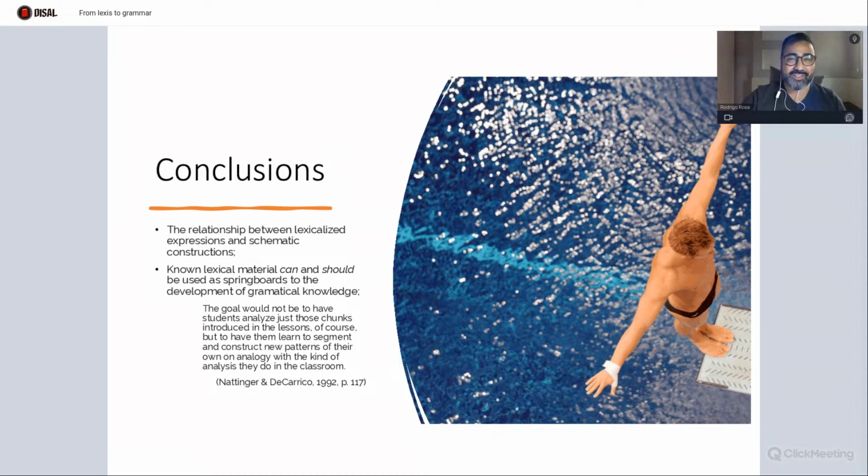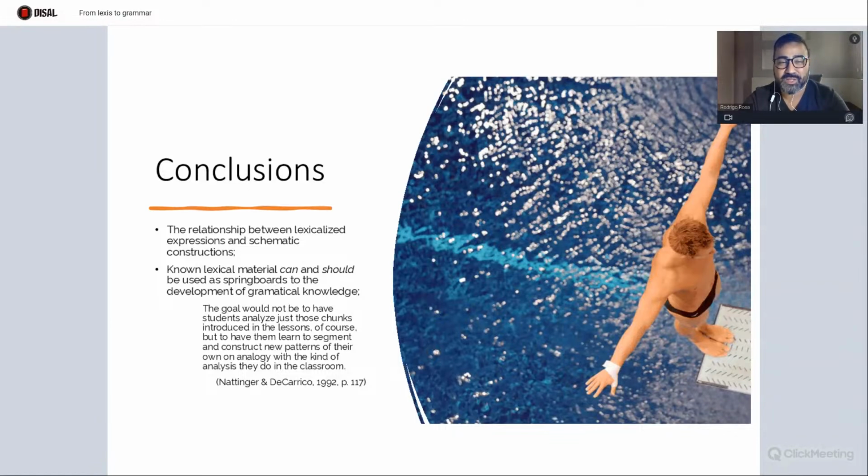So I'm reaching the conclusions now. So the relationship between lexicalized expressions and schematic constructions is a true thing. And this, theoretically speaking, makes all the sense in the world. So it wouldn't be impossible for us then to make use of what students already know in order to build and create something new, right? Known lexical material can, in this regard, and should be used as springboards to the development of grammatical knowledge. And I would like to finish with